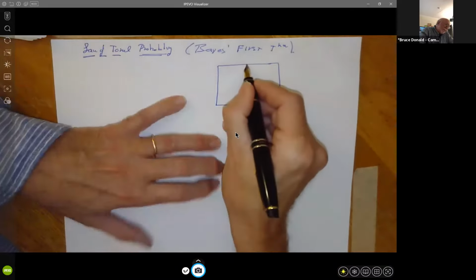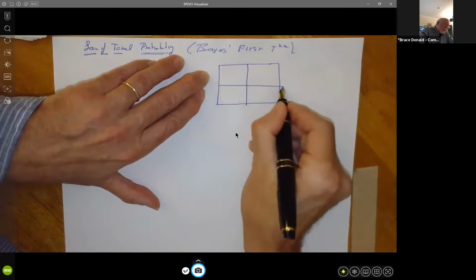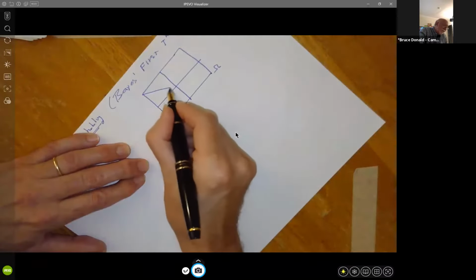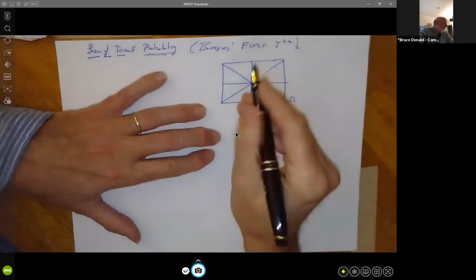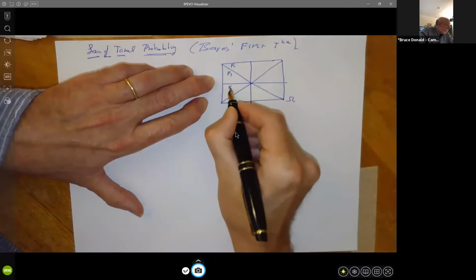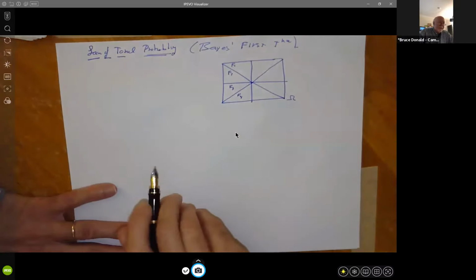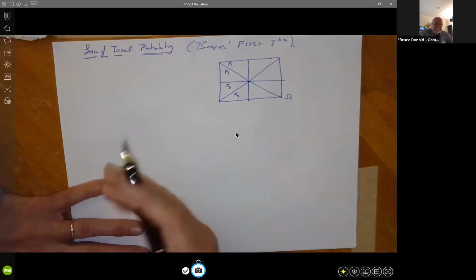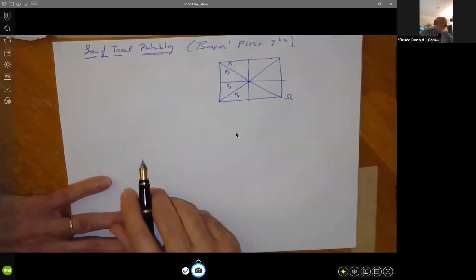And we're going to divide these up between different events. And these events are not only pairwise disjoint, but the union of all these events equals your omega space, or your space of all outcomes. So we'll call these events F1, F2, F3, F4, and so forth. It doesn't matter how many there are. So again, they're pairwise disjoint, no pair of them intersect, and also their union equals the entire space of outcomes. And I'll do an example in a minute.